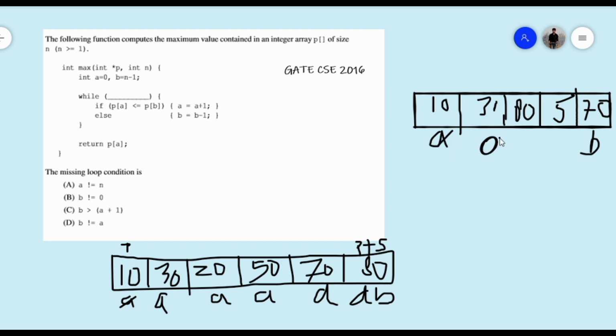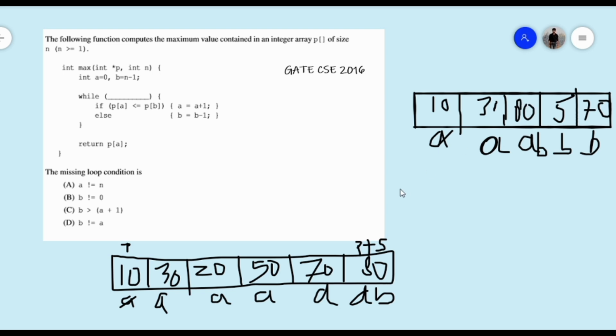And 30 is less than 70, yes, so again A will increase. 80 is less than 70, no, the condition is false, so we will decrease B. Then again, A is less than B? No, the condition is false, so B will be decreased. Again we get A and B at the same index and we get the maximum element.